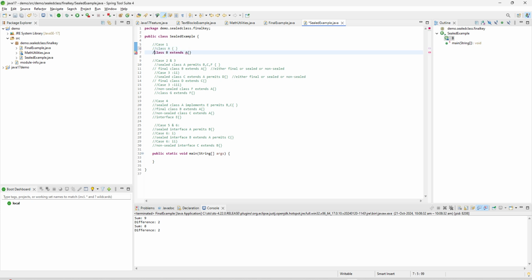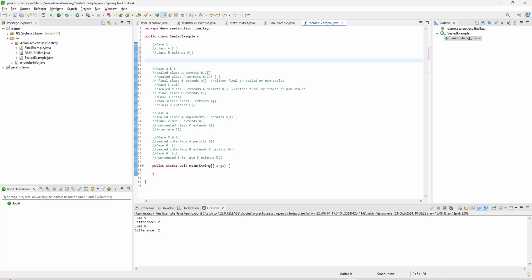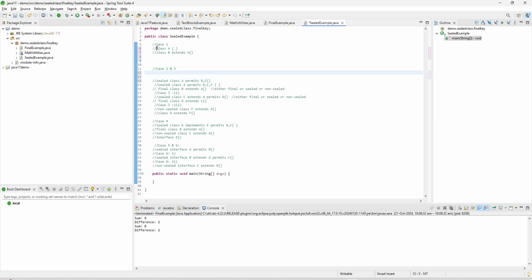Now after the introduction of sealed classes, we can define one sealed class. Here we can define one sealed class A permits class B and class C, but for that we need to create class B and class C. Now let's say for creating the second and third case,